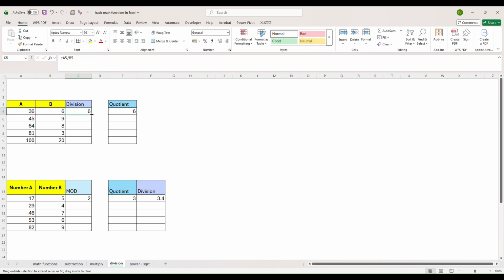Now to copy down the formula, just double click on it, and we get the same results for division and quotient. You can also drag your mouse. Now to understand what mod means: remainder, and you already know quotient. Quotient is the one which you get after division, and let's see what's the remainder if we divide 17 by 5. So is equal to mod,